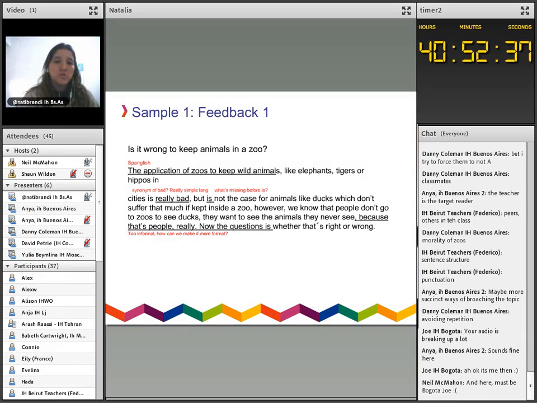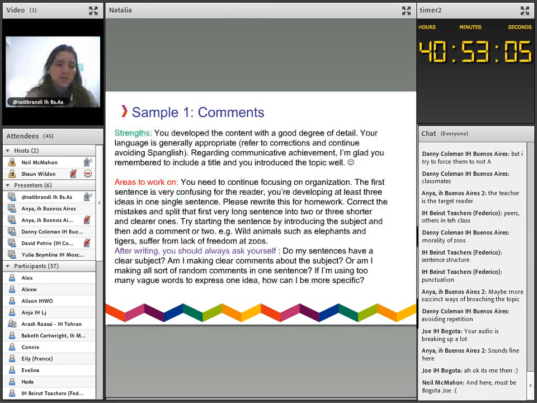The application of zoos to keep wild animals sounds long, sounds awkward. I believe it's Spanglish. My students speak Spanish as a first language. If they say things like really bad, I'll be like, synonym of really bad? Come on, first certificate, you can do better than that. I think Danny will be talking about upgrading language later on, so he's the expert, he'll tell you about it. And then some comments on how informal some stuff was. But nowadays, I like to make comments and